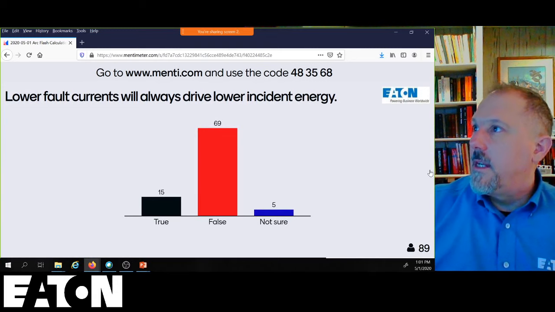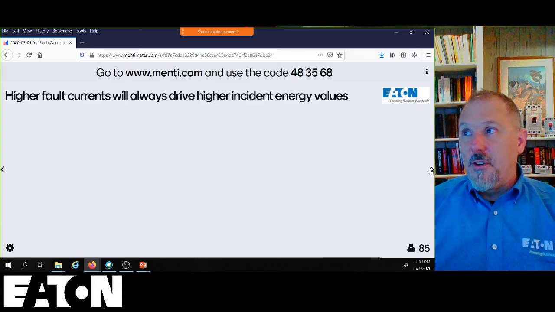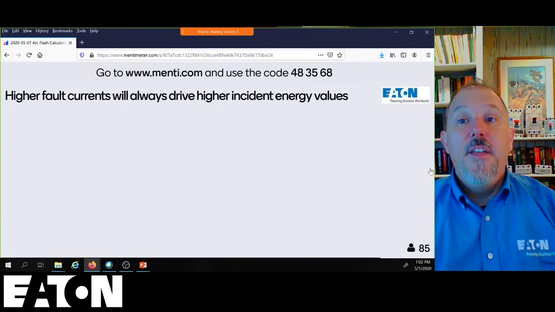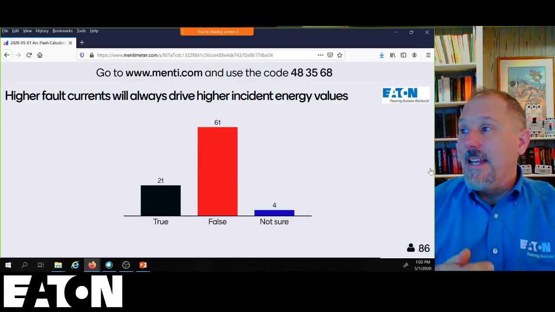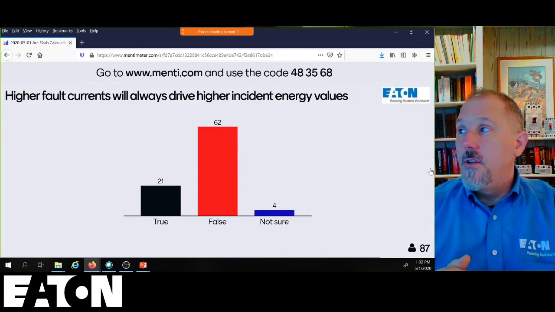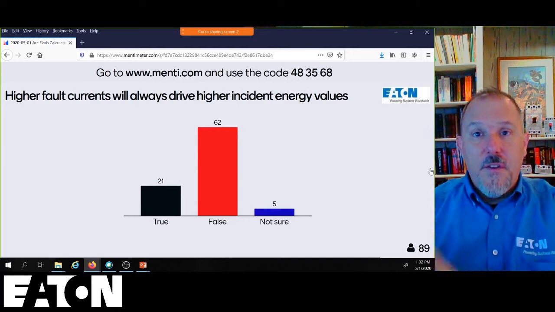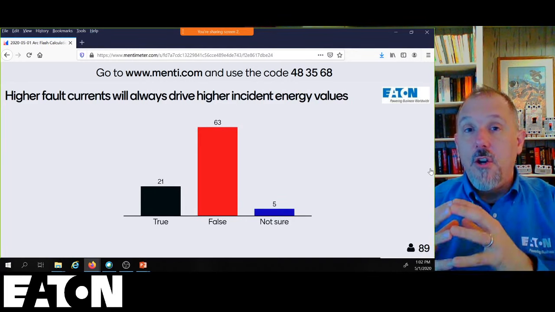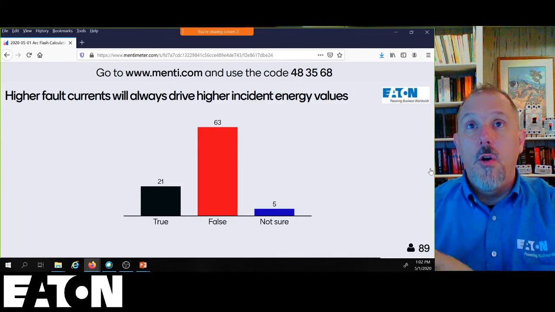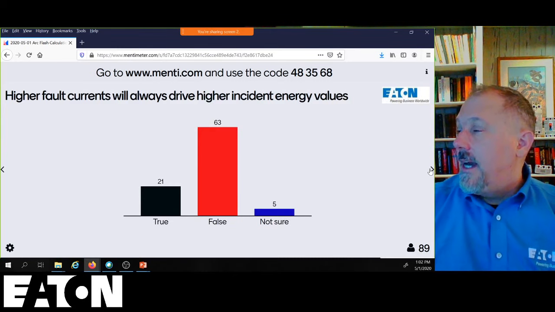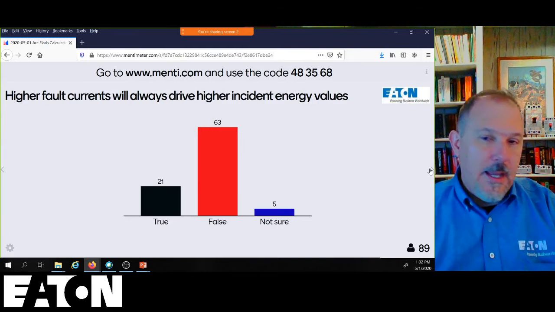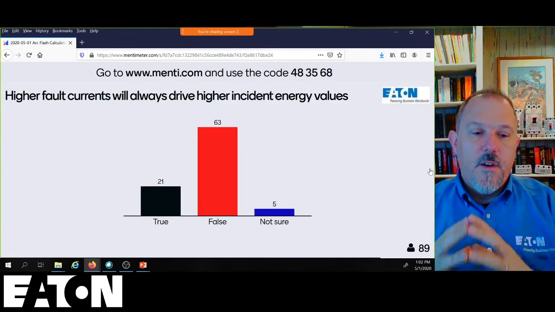So now we're going to the next one. I think the next one was just the opposite. It talked about higher fault currents will always drive higher incident energy values. And the answer to this one, again, is false. Higher fault currents can put you into a faster clearing time in the overcurrent protective device, which will give you lower incident energy. I've had this, and the reason I do this is because I got a call from a